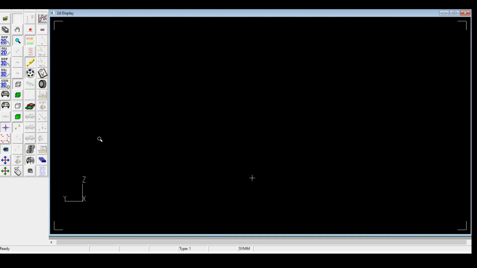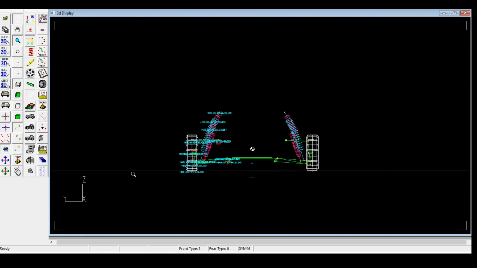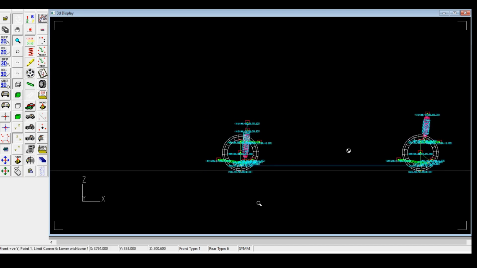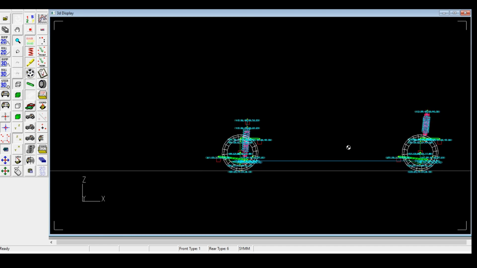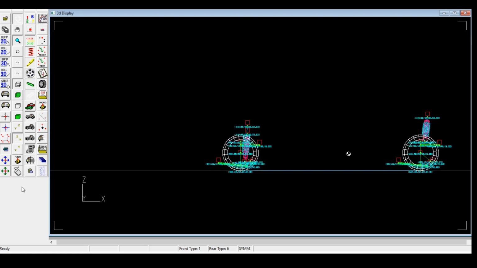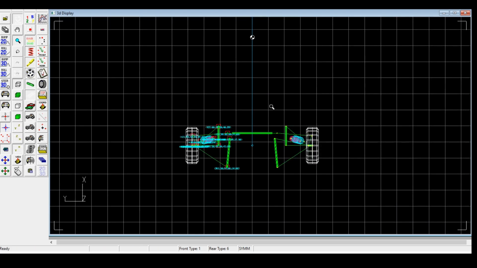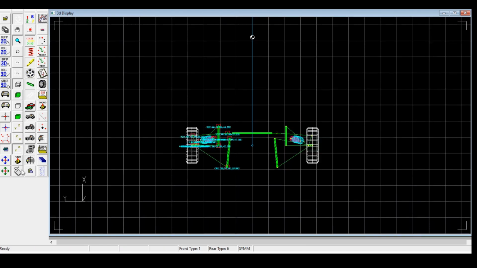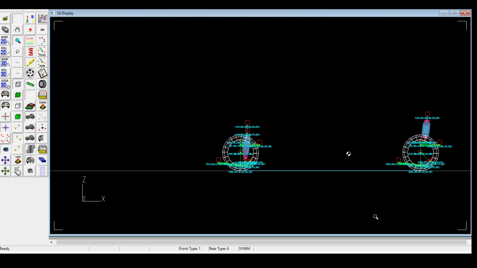Now the roll option is not visible. Okay, the bumping option is now visible, and this is another kind of view, an x-axis view. These are the different axis views available. This is the YZ plane, this is the ZX plane, and this is the XY plane, and all these axis views are available. The XY plane will be from the top, it is the plan view, and the XZ plane will be from the side, it is a side view.